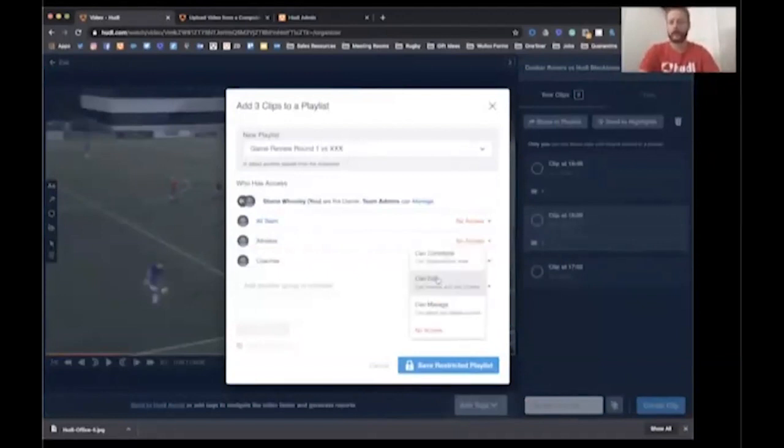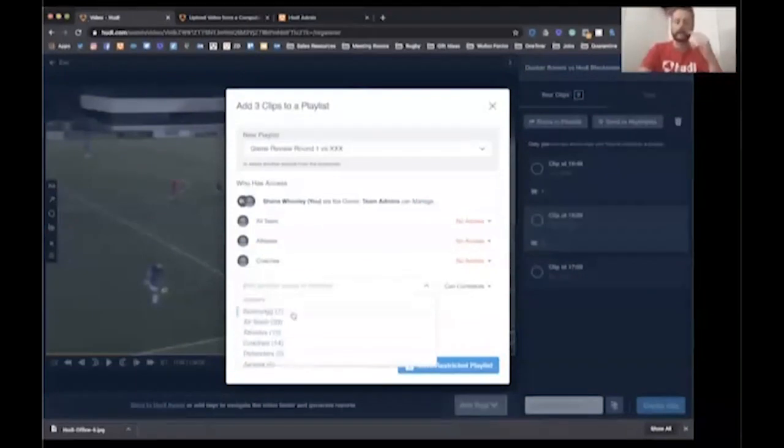They can add comments and drawings, they can edit, they can manage it. Or I can decide these are my preset groups that I set up ahead of time. And I can also start typing in members' names here to share the video with. So Johnny, for example, maybe I want to share with Andrew, and I can send them a message, check out these clips, add some comments for review.